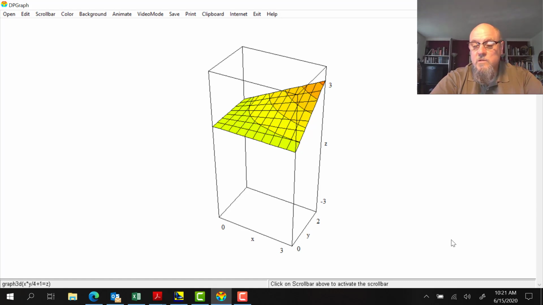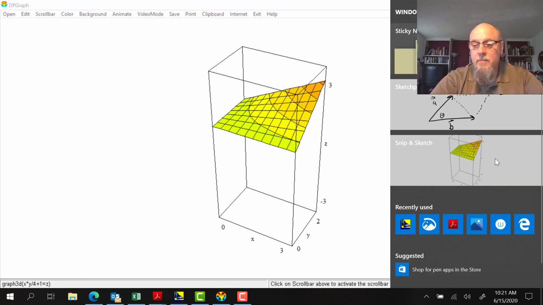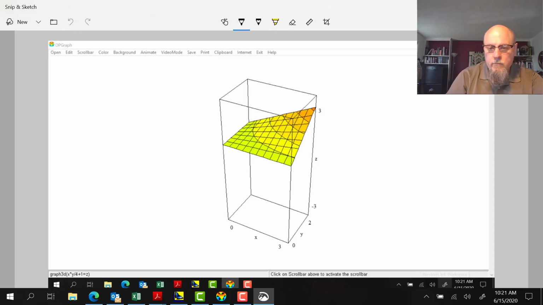So let's see, we'll take a clip of this and we can draw on it. So left bottom. So we're evaluating at this corner for this rectangle,